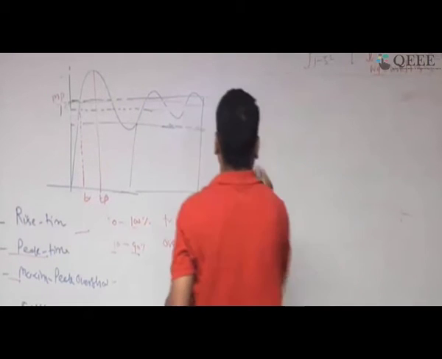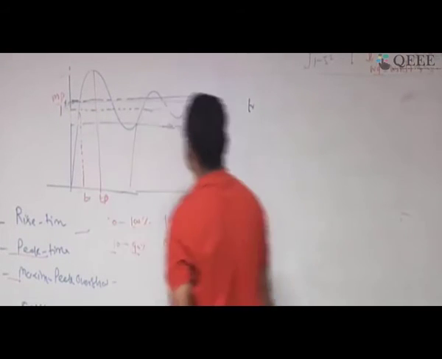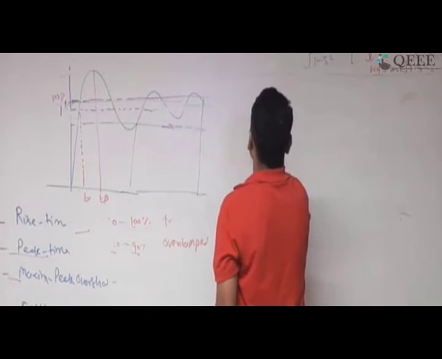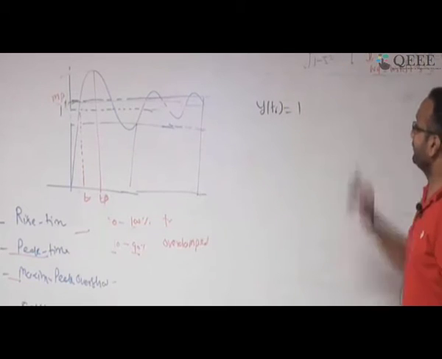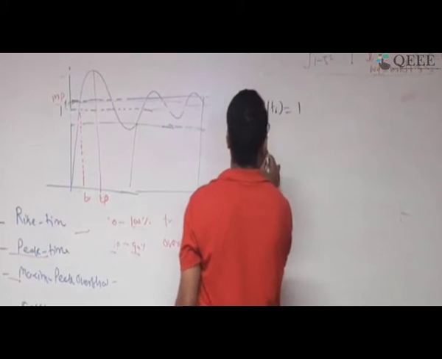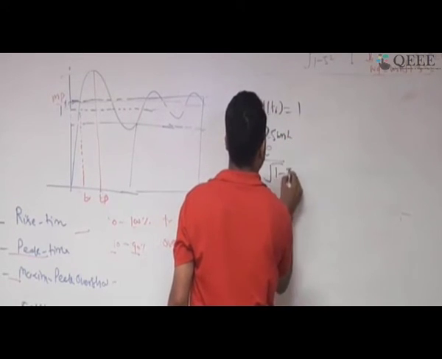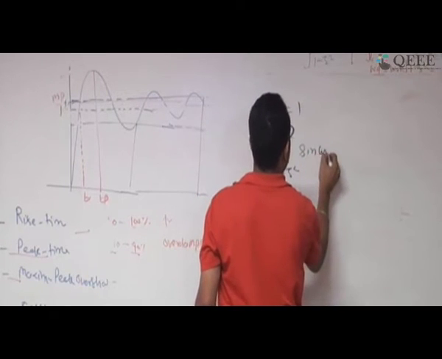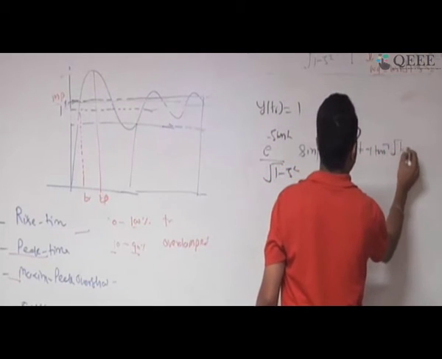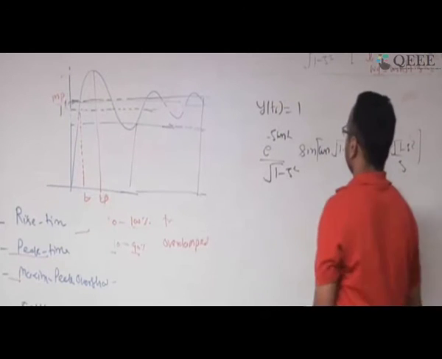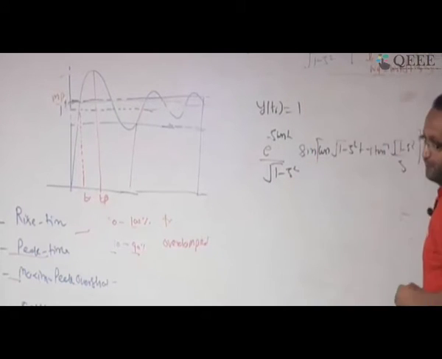Okay, so rise time. Rise time is the time you require to reach this value 1. What does that mean? This y(t_r) is going to be 1, because this is the response. Now you solve it. This will lead to e to the power of minus zeta omega n t, times 1 minus zeta square, sine of omega n root of 1 minus zeta square t plus theta, where theta is tan inverse of root of 1 minus zeta square by zeta. This term will lead to 0, just because the 1 will get cancelled out, and if you solve it,